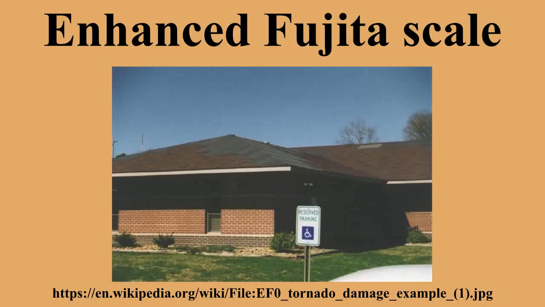The old scale lists an F5 tornado as wind speeds of 261 to 318 miles per hour, while the new scale lists an EF5 as a tornado with winds above 200 miles per hour, found to be sufficient to cause the damage previously ascribed to the F5 range of wind speeds. None of the tornadoes recorded on or before January 31, 2007 will be recategorized.